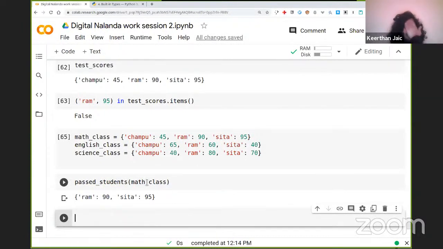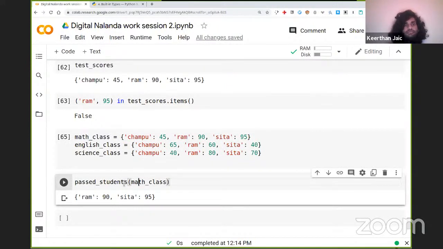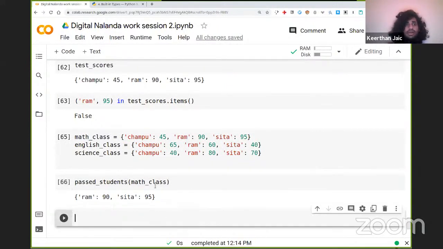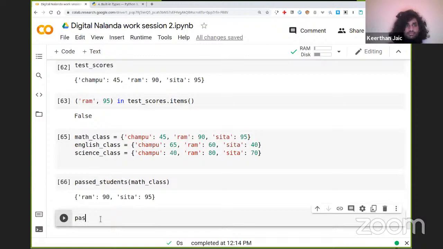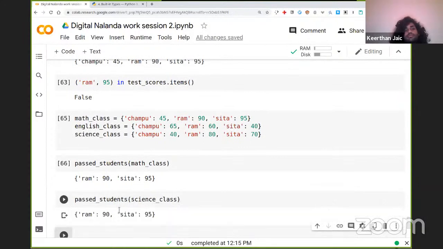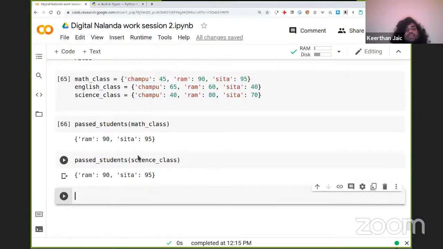So the past students method returns all these students who have passed in that particular class. And if we run it with math class, we get back these two students. And if we run it with